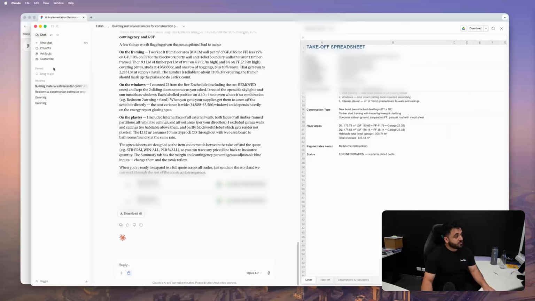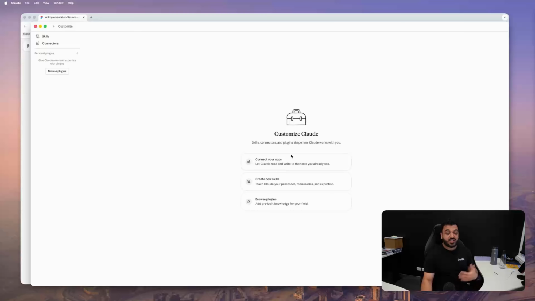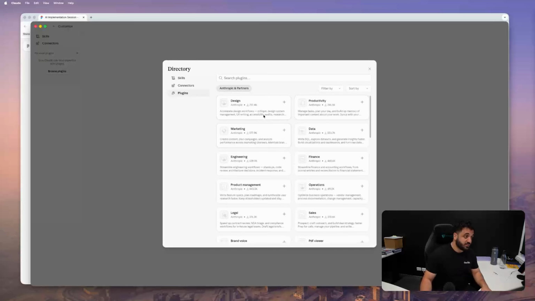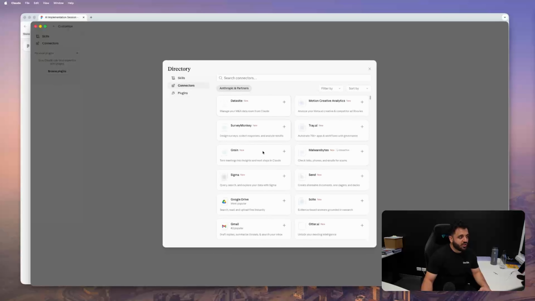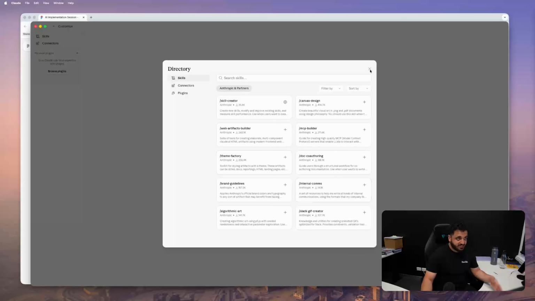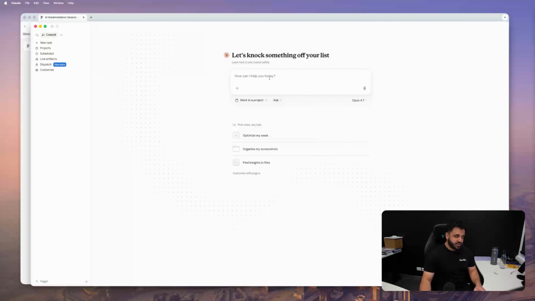And what I'm going to do now is I'm going to jump into Coworker. Okay, so Coworker, this is where you connect all your tools, right? So to do this properly, the best thing to do is to come into here, go into the customize section, and actually connect every single tool you use. Right now, this is a generic account that we use for content. So I haven't got everything plugged in. I haven't got anything plugged in, to be completely honest. But you can come in here and you can plug all this stuff in. You can plug it to the stuff that you use. You can teach it different skills, right? Remember I was saying about skills before. But for now, we're just going to use the stock standard version, and I think you'll still be pretty impressed